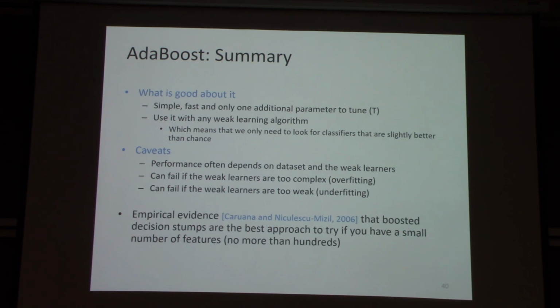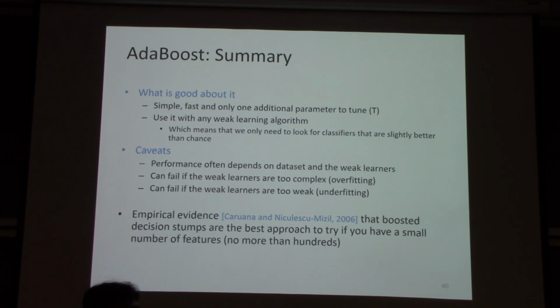So let me wind up this lecture on AdaBoost. It's a very simple algorithm. All you need is a weak learning algorithm that can take into account the distribution over examples. If you have that, you can boost it into becoming better. You can use it with any weak learning algorithm. It does not care what your weak learner is. All you need is something that finds classifiers that are better than chance. That's the good news. The bad news is